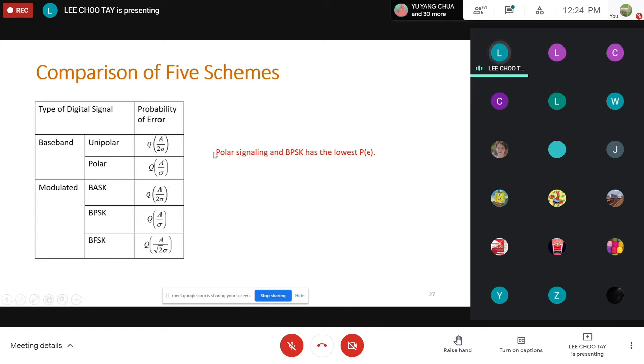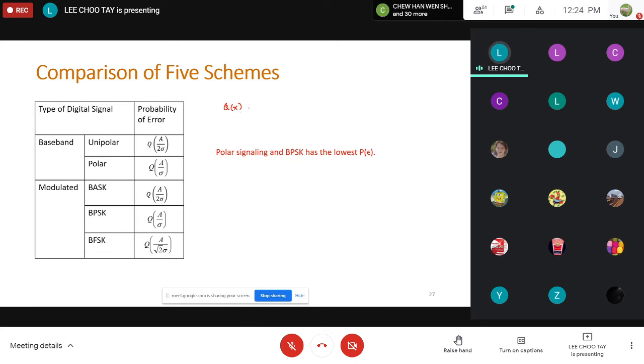If you look at the 5 schemes, which scheme gives the best performance? Of course, polar signaling and BPSK give us the lowest probability of error. So the best probability of error basically means what? The best performance, isn't it? If you look at the Q of X,